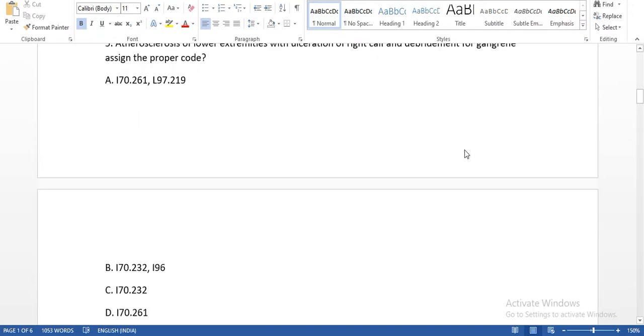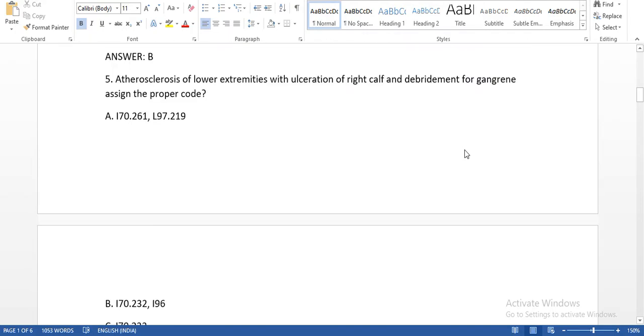So here among these all, our answer is A, I70.261, L97.219. The rationale for that answer is, these are direct questions only, so we need to check in the index to find the correct answer. So in the index we need to check first